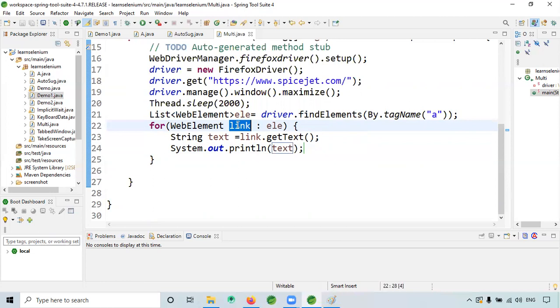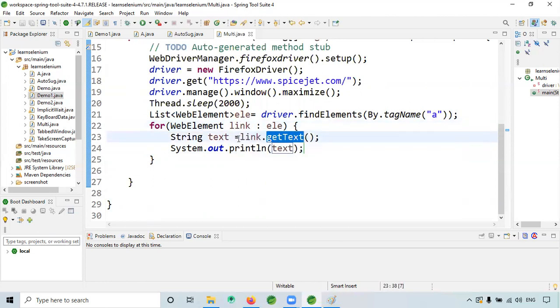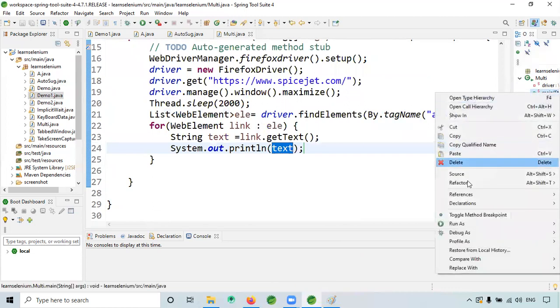If you want to convert that into string format, you have to give link dot getText in Selenium. So what I am doing is link dot getText. I'm converting into a string, then I'm storing it into the text and printing it. Now when I run this program,